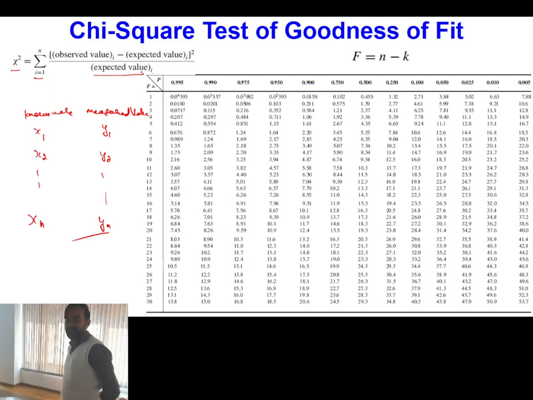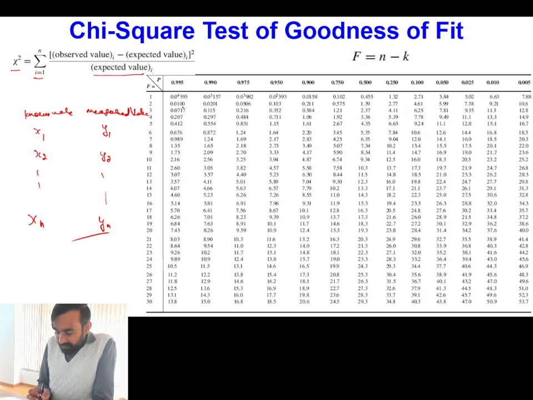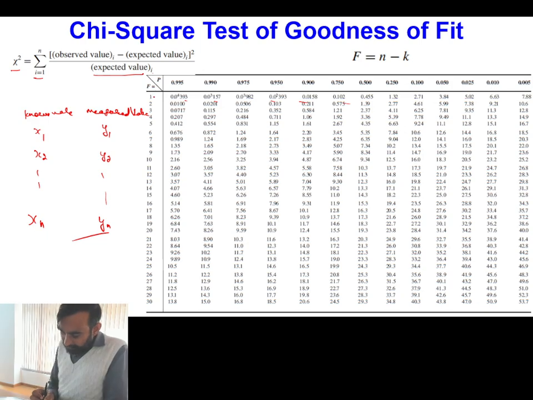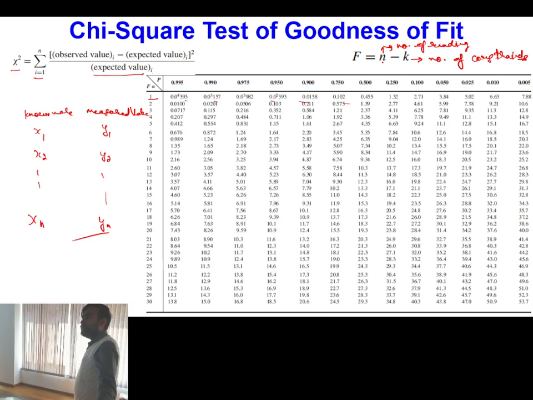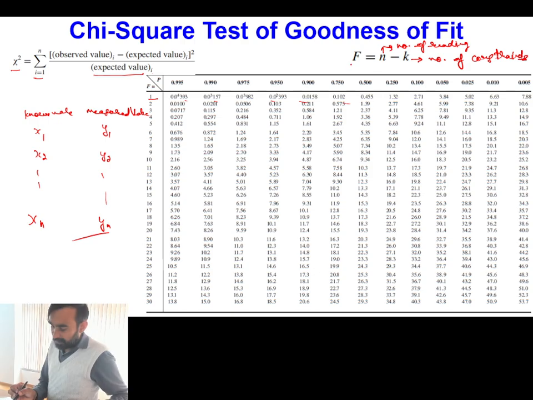So likewise we will be calculating the value of chi-square, and all these quantities are nothing but the values of chi-square, and this f represents the degree of freedom. So what is degree of freedom? Degree of freedom is actually number of readings minus number of constraints. Okay, so by using this, number of readings minus number of constraints, you can calculate the value of